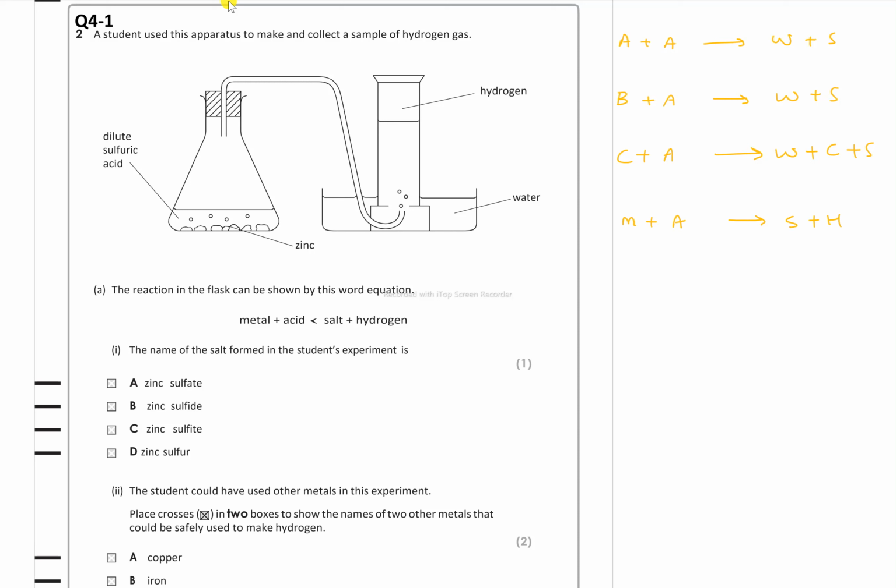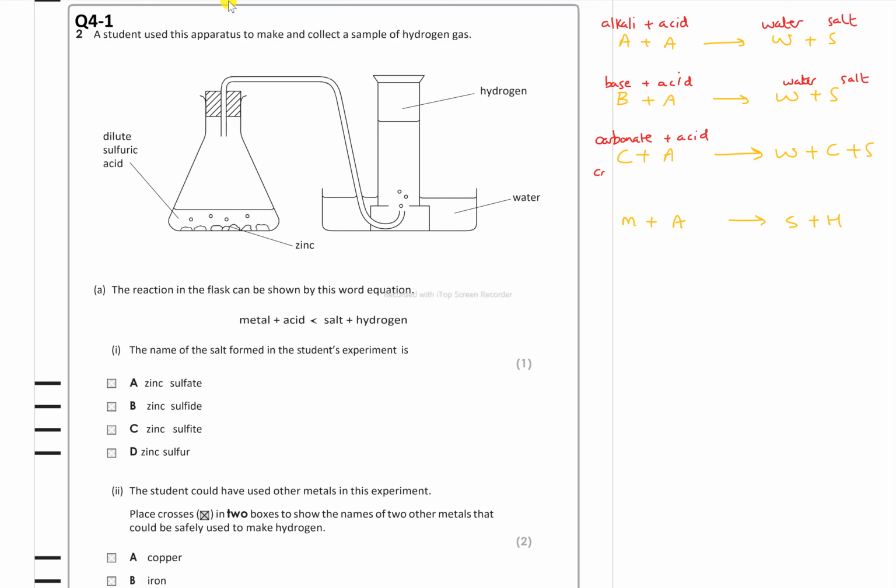Right, what does that mean? If you react an alkali and an acid, you get water and salt. If you react a base and an acid, you get water and salt. If you react a carbonate and an acid,